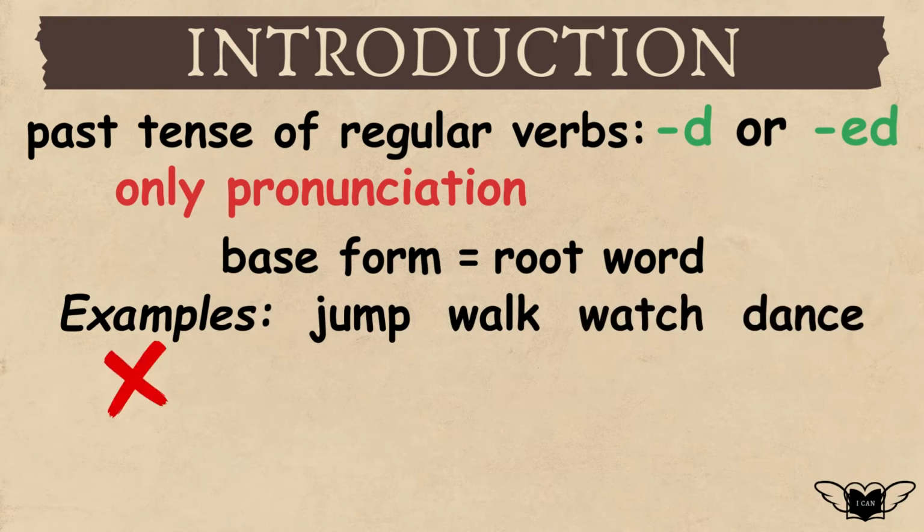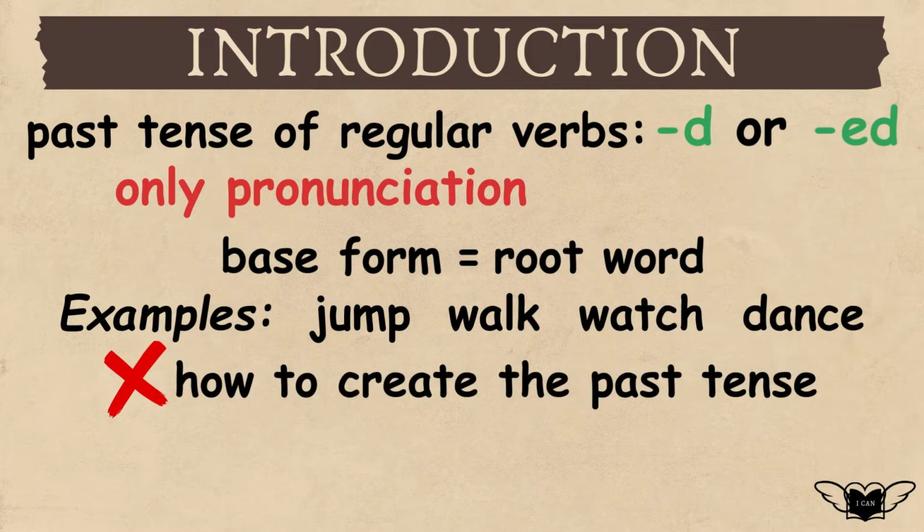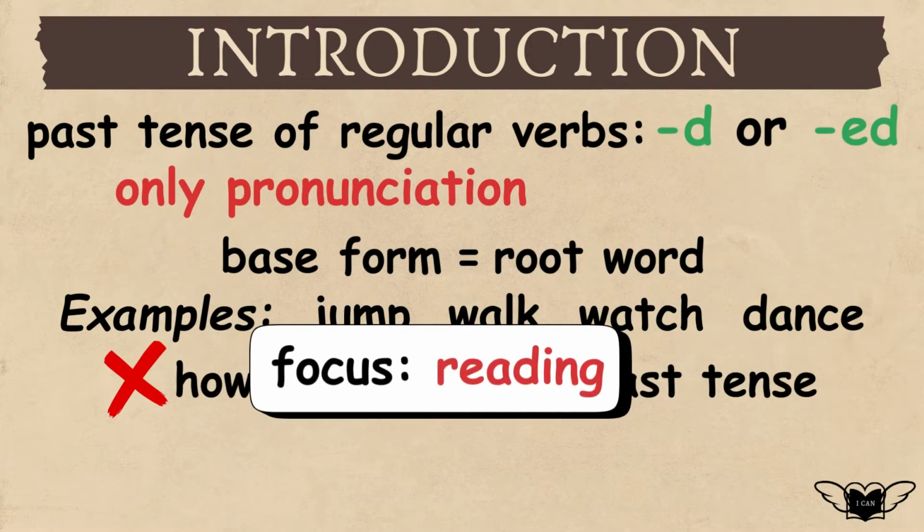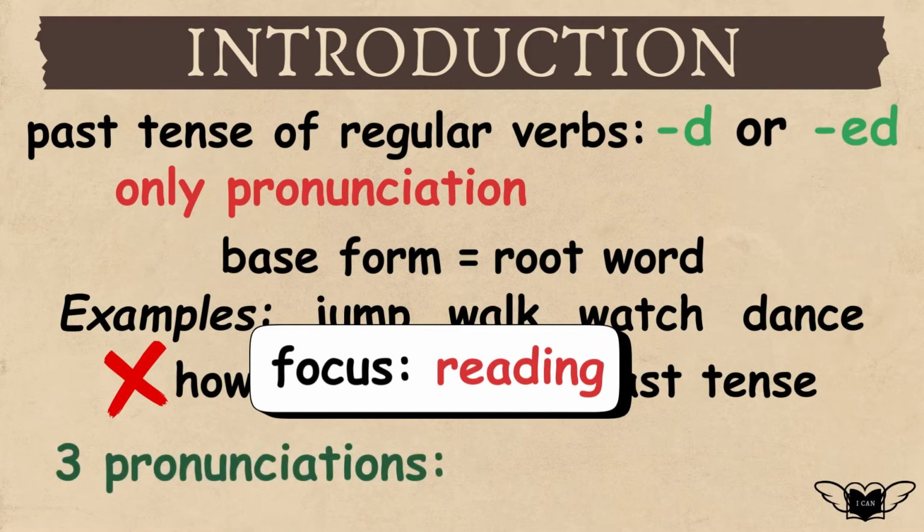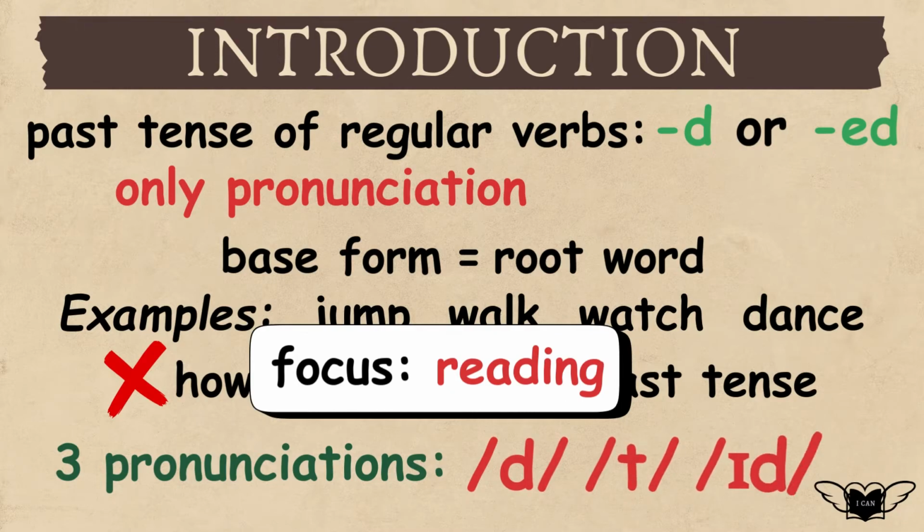We will not be teaching how to create the past tense in this lesson. We will only focus on reading. The past tense ending in English has 3 pronunciations: d, and, it,